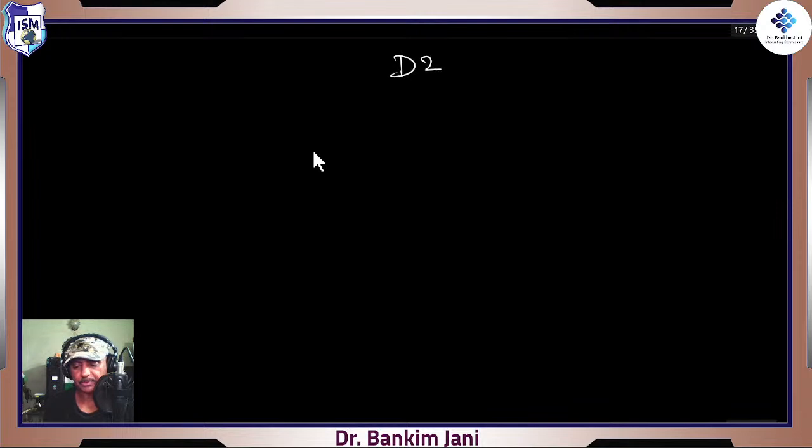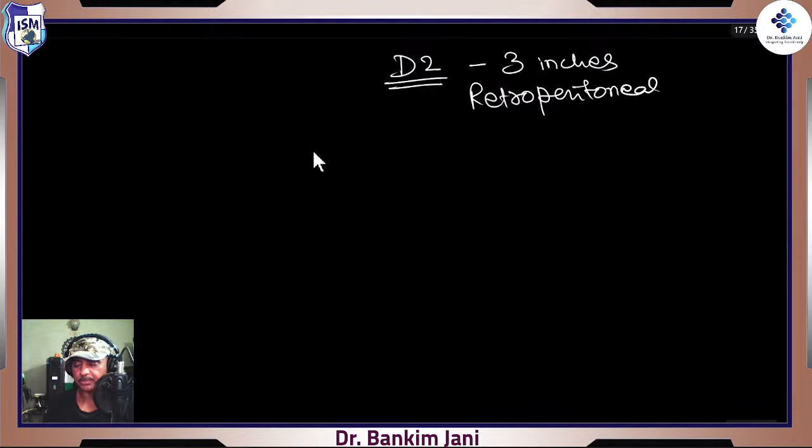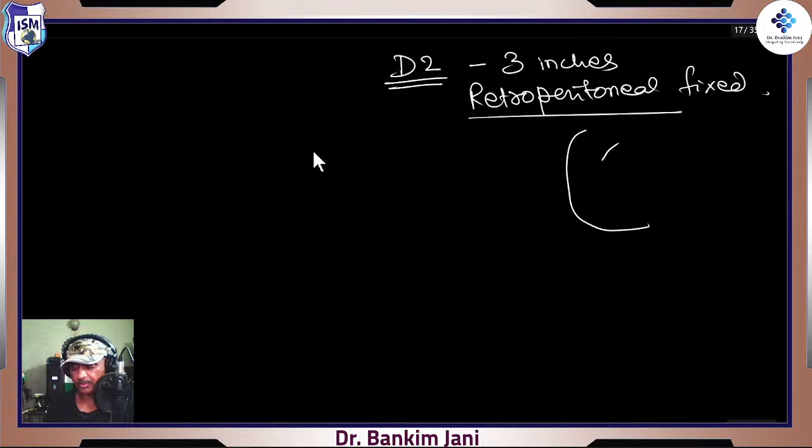Here comes the D2, the second part of duodenum, which is 3 inches, right? It is 3 inches. It is retroperitoneal, right? Retroperitoneal, and it is fixed. There is very less of the movement because it is completely behind, and it is into this C loop. The important structures lying there are in the form of pancreas, right? We are interested in this area, and that is what is called as the